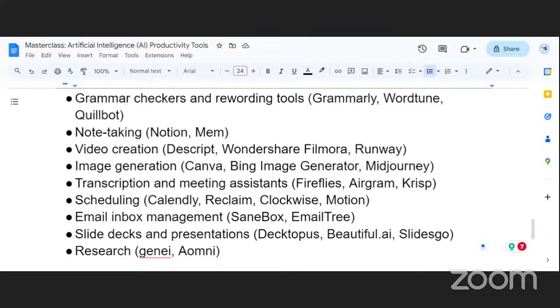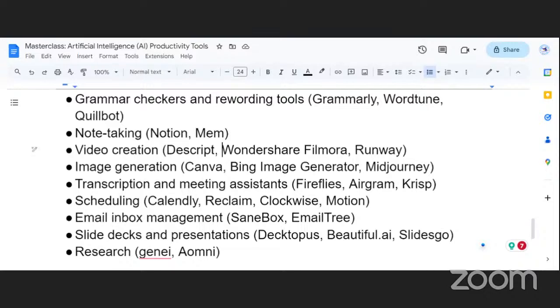Okay, good. No questions. So now, another one that we want to use is Calendly. Then we have transcription. Transcription is for meeting assistance. So we have Fireflies, Eargram, and Crisp. Even we have auto something. And then this one I'm not going to look at it. It's not so important. We'll look at it tomorrow.